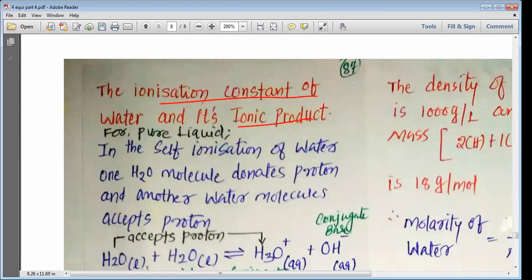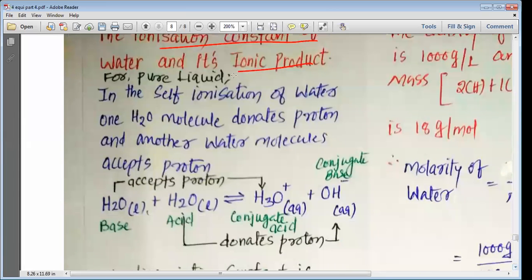So we need to study now the next topic, that is the ionization constant of water and its ionic product. It's a very important and interesting topic to be studied. Let us move forward. For pure liquid, my dear students, we can understand the self-ionization of